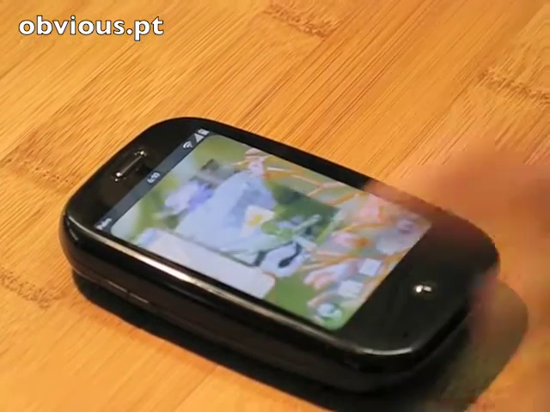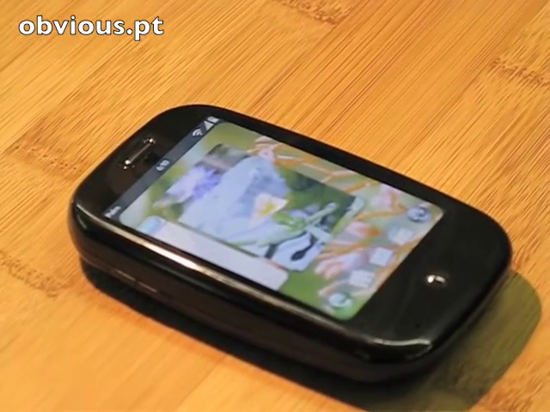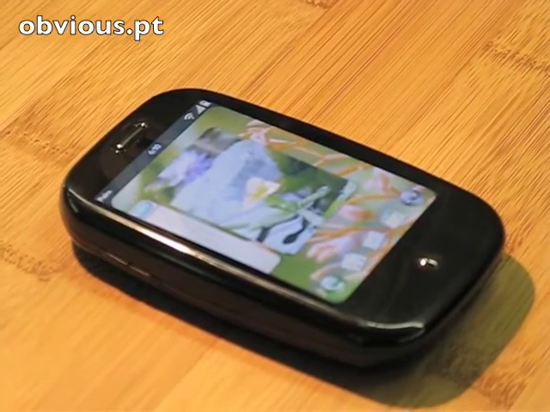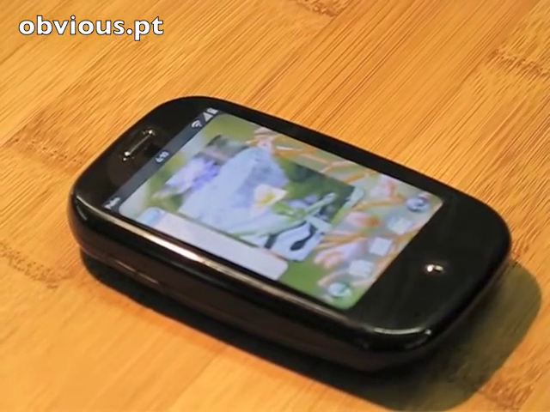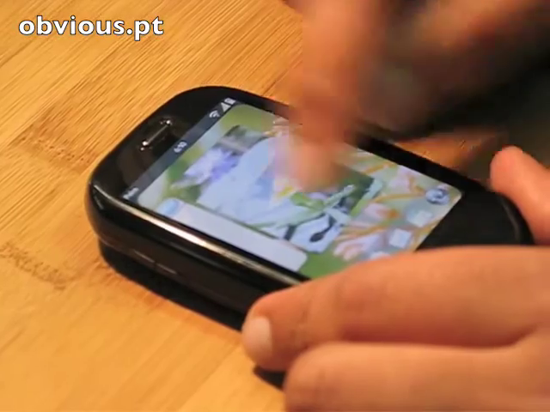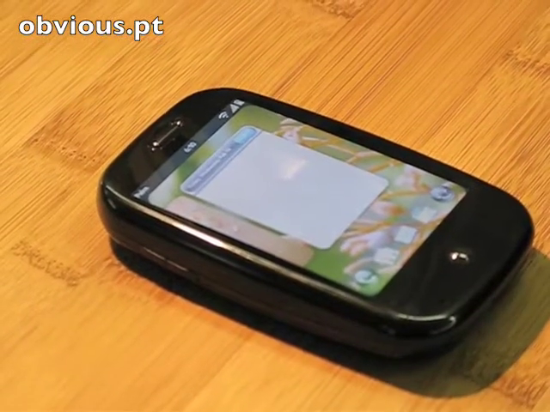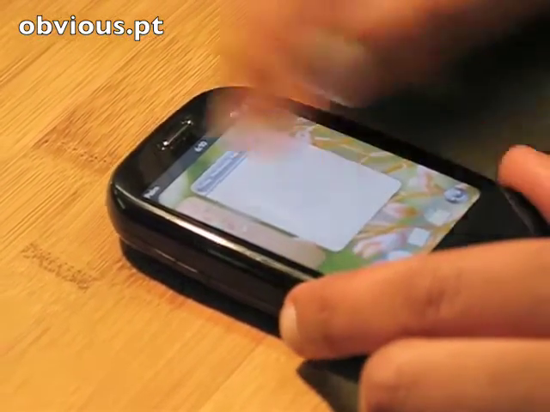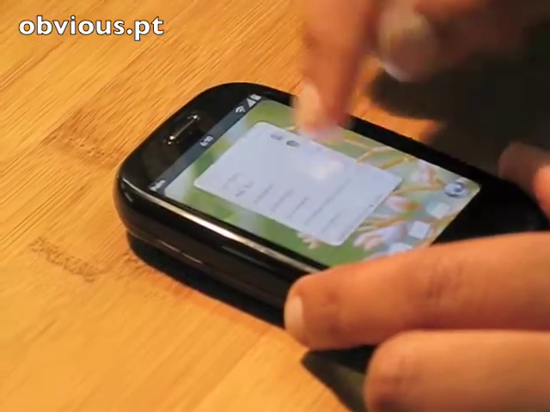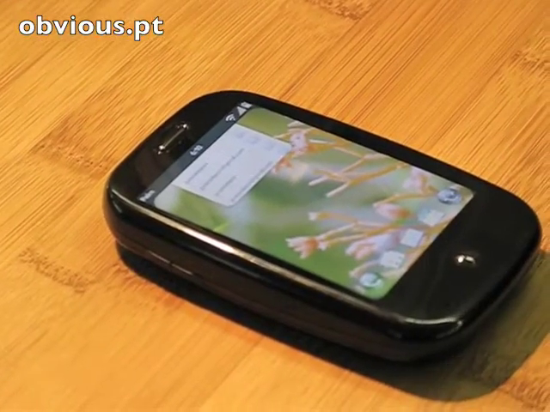Same thing with closing applications, right? There's no button to close an application. You don't go to menu, exit, close. All you do, like you do in the physical world, is you throw it off the screen. And that closes the application. You throw it off the screen, throw it off the screen, throw it off the screen. You don't have to worry about whether